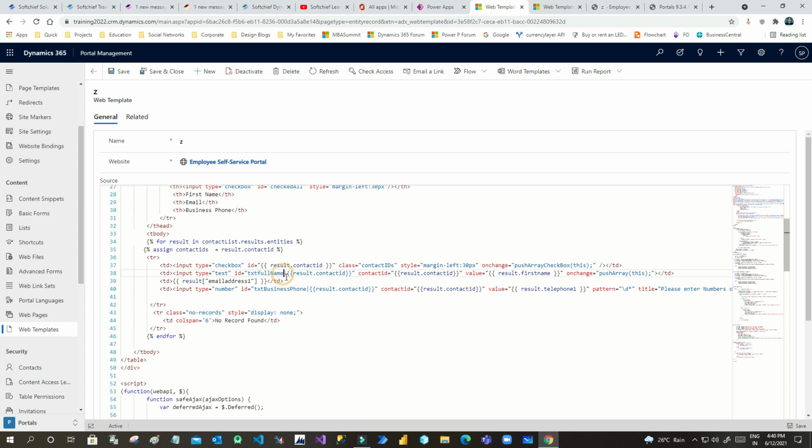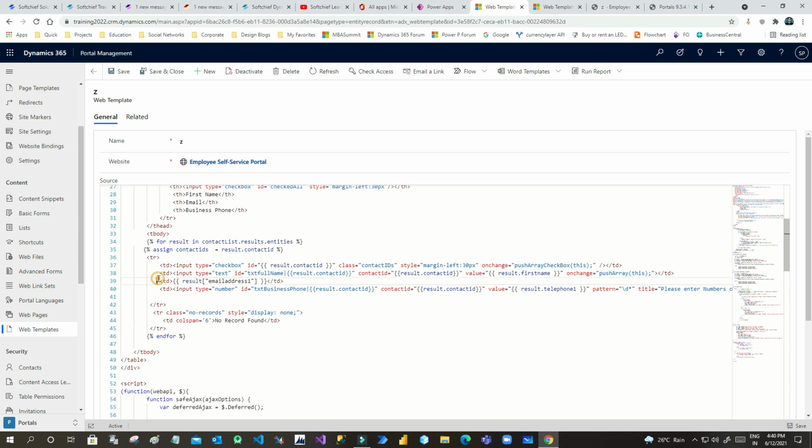I am assigning txt full name slash result.contact ID, so that whenever multiple row items are added, every text box which holds a first name will have a different ID. That is important. Here it will store the first name. And on change of the first name I am calling another push array function, which will initialize a global array of the changed values.